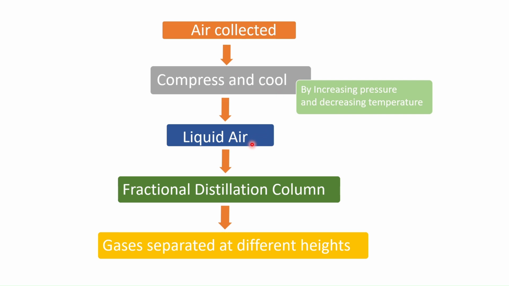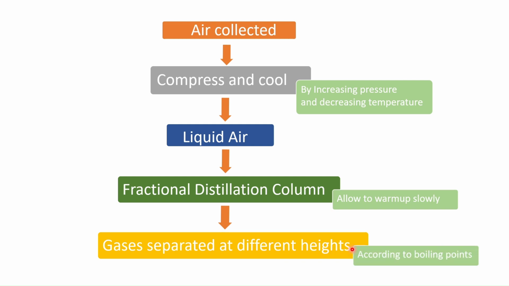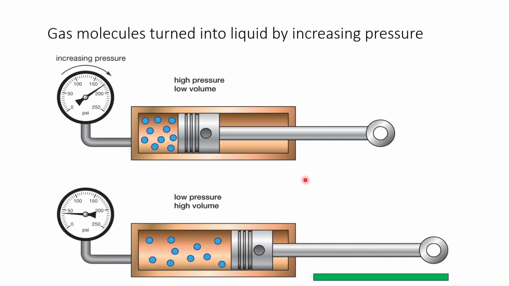Then the liquid air is allowed to pass through the fractional distillation column, where the liquid air is allowed to warm up or heat up slowly. When the liquid air is heating, according to their boiling points, gases are separated at different levels, right? So one point you have to remember here, in fractional distillation, what will happen? Air is compressed and cooled, then it becomes liquid, then it is boiled,